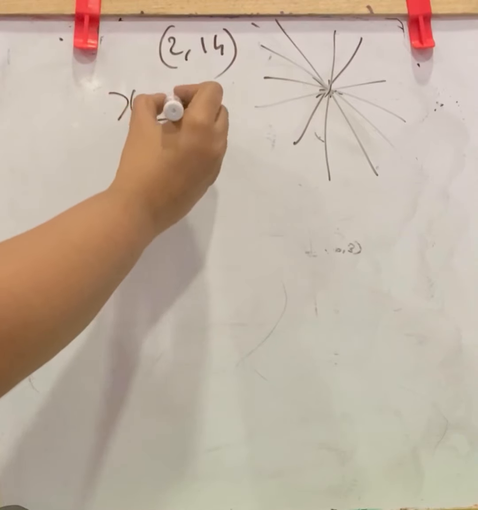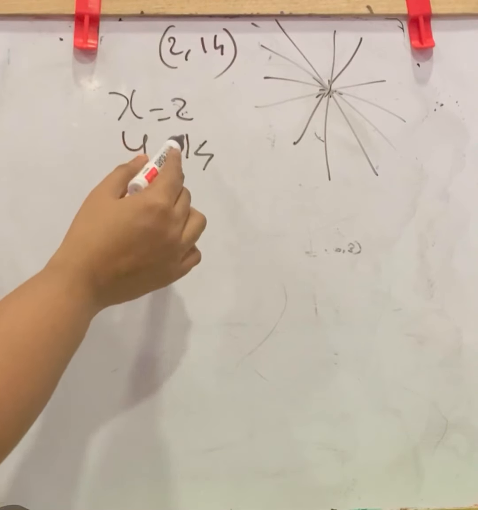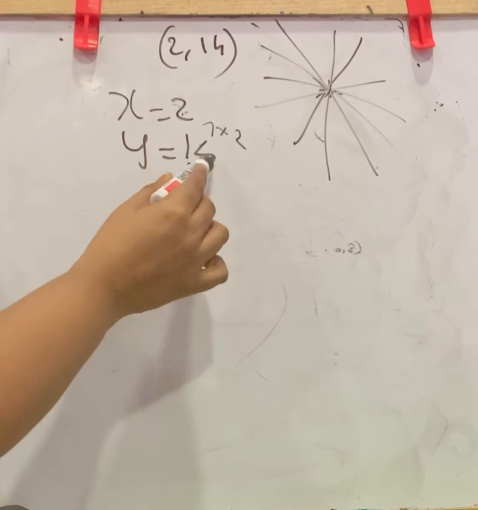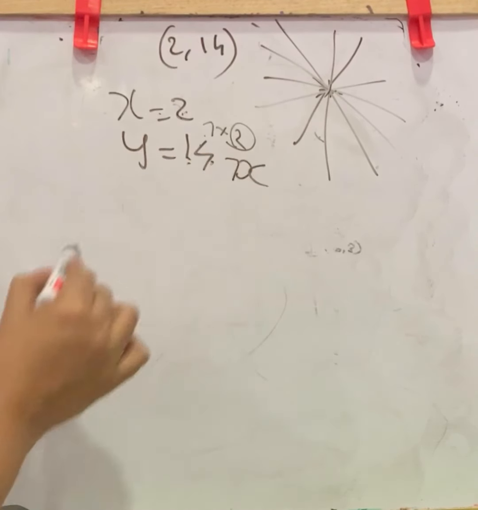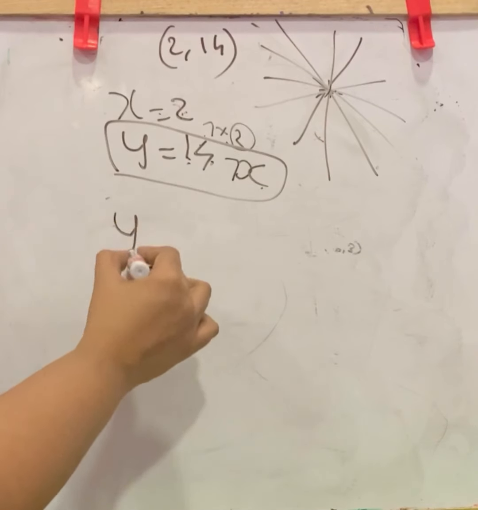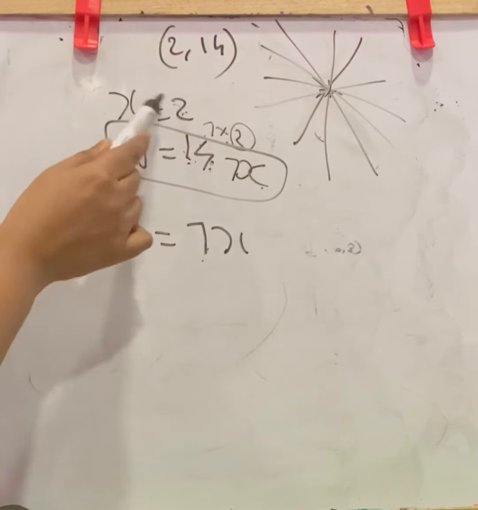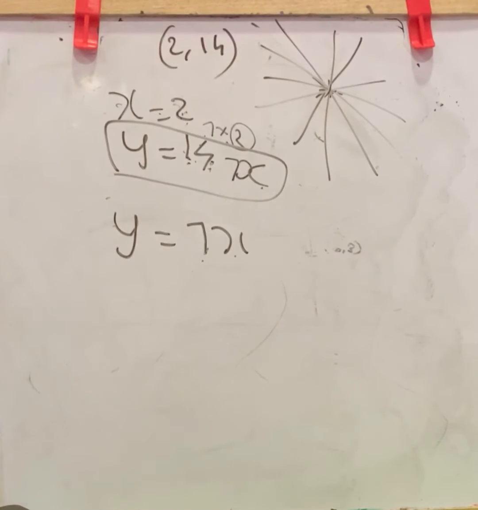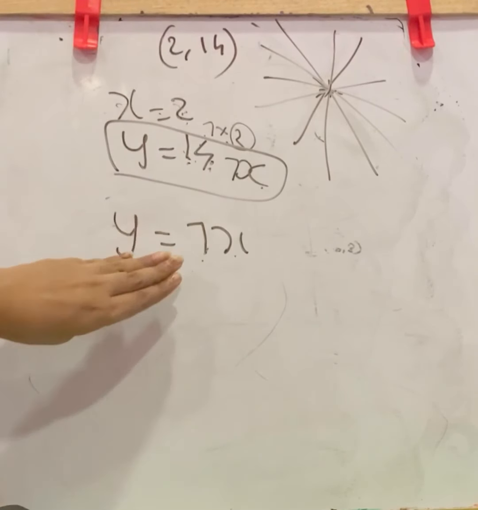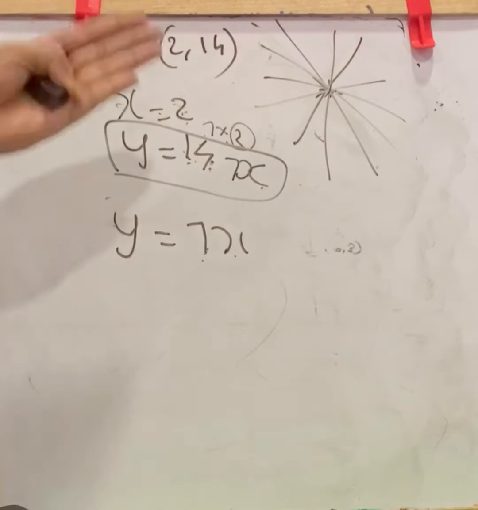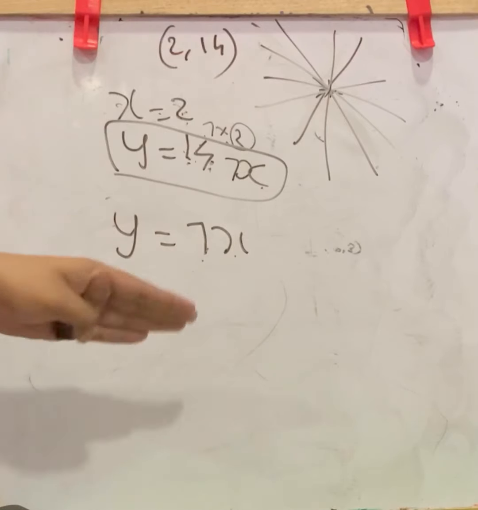So here x is 2, y is 14. What is the relation between these? This is 2 and this is 7 into 2, that is 14. So we can say x is 2, y will be 7x. That is, we can write the equation y equal to 7x. This is 14, 14 means 7 into x, where x is 2. So y equal to 7x is the equation we got from this solution. Now this is a basic equation. From this you can add, subtract, multiply or divide any value on both sides of the equal sign and you get so many other equations.